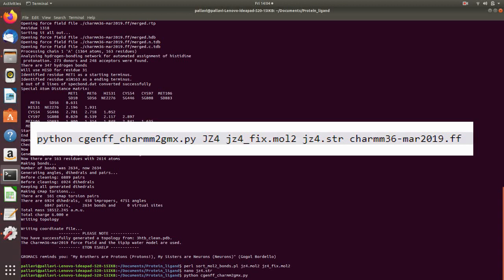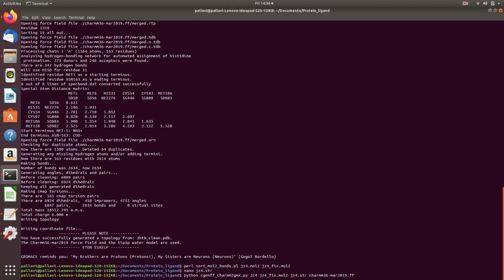You can just press tab, jz4, then jz4_fix.mol2, and include the str file obtained from the CGenFF server, and we'll use the force field that we had downloaded.